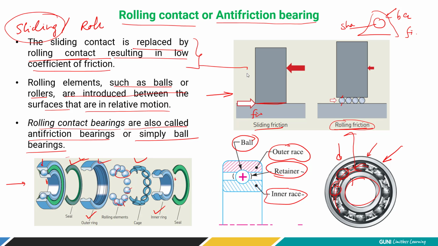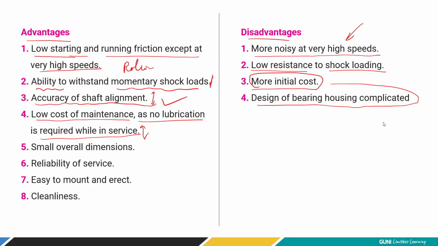Let's say I want to fix over a shaft. So this is a bearing, a roller bearing. This bearing needs to be fixed in a housing. It is not going to work automatically, right? One has to fix one of the elements, that is the outer ring or the inner ring, depending upon how the motion is transferred to the bearing. So the design of the bearing housing is complicated.